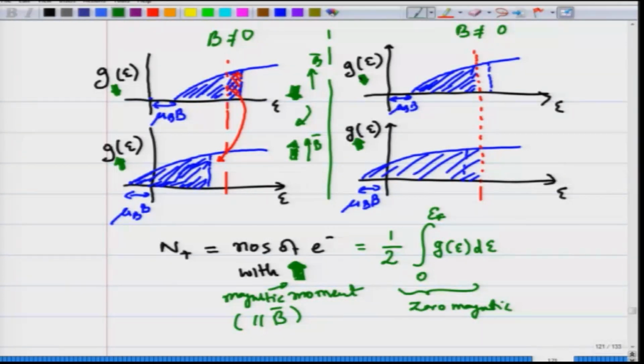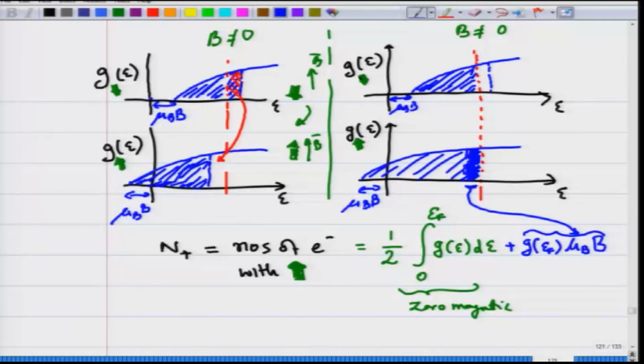With respect to this is the extra set of electrons, and that extra set of electrons is nothing else but, since only those electrons which are near the Fermi surface are contributing to this excitation,